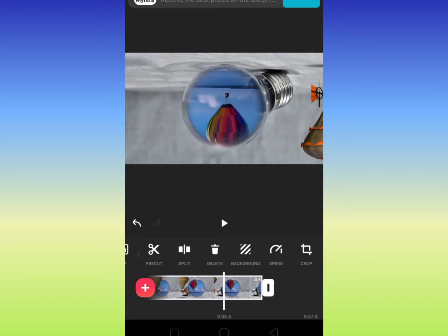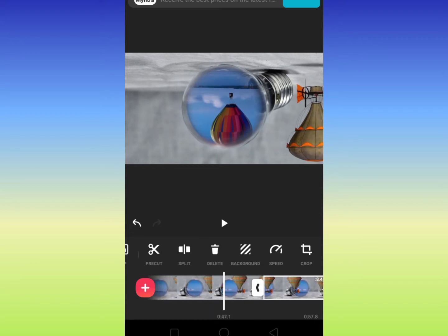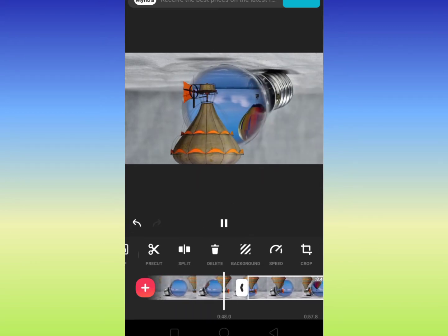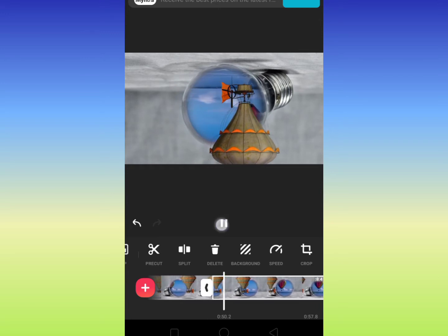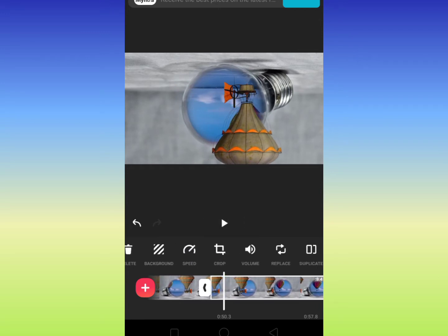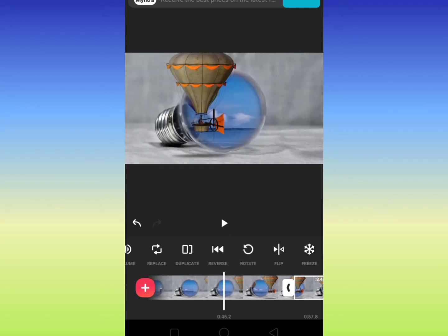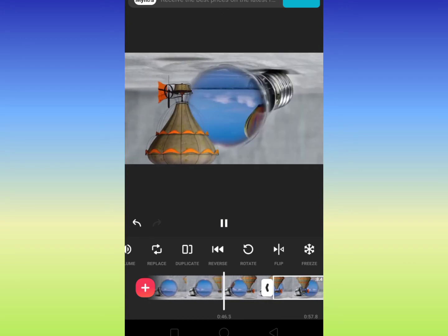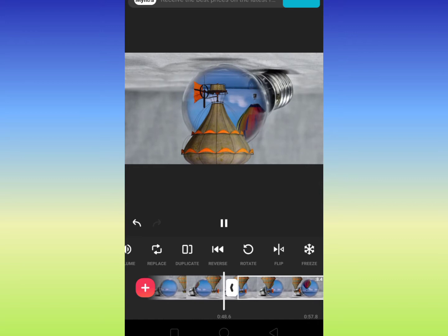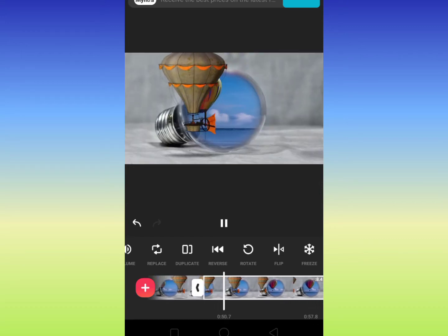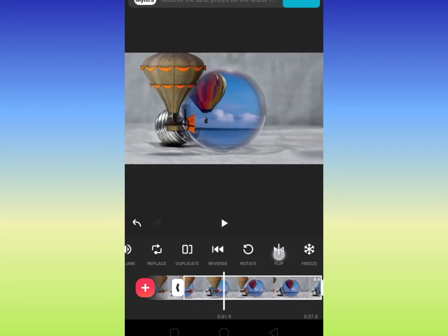Now I have split it again, and that's why I had told you in my previous videos that the split option is very useful. So you can apply your changes to a particular clip by splitting it. And whenever you are making any changes you can always play and see whether you have your desired editing in place.